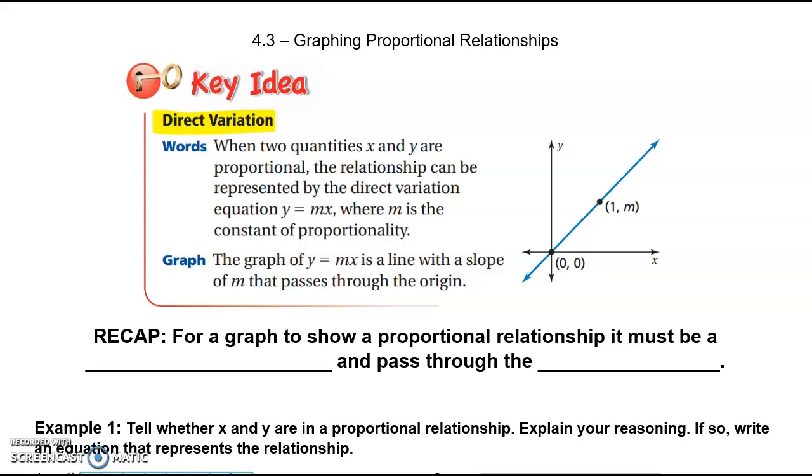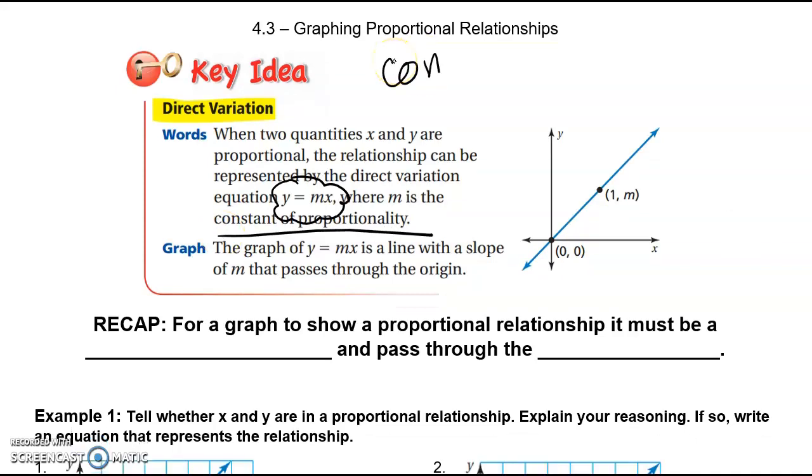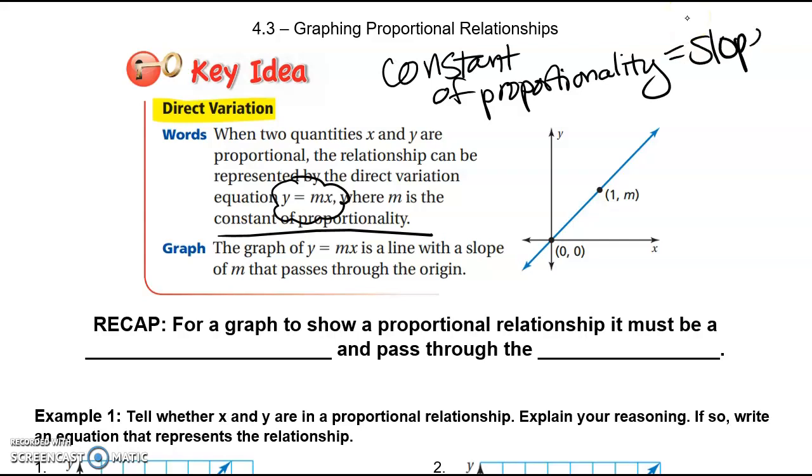And direct variation is when two quantities, x and y, are proportional. The relationship can be represented by the direct variation equation y equals mx, where m is the constant of proportionality. Now, I know those are a lot of big words, but please write this down. The constant of proportionality is the same thing as slope. And remember slope, the abbreviation,